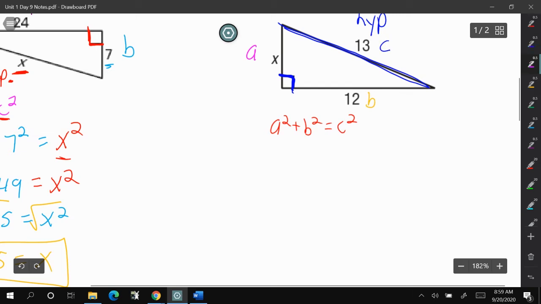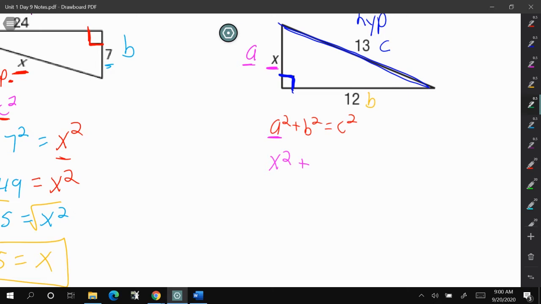Now, we don't know what A is. See, over here, we labeled A with this side that's x. So instead of writing a squared, we're going to write x squared. Plus 12 is our b value. So 12 squared equals